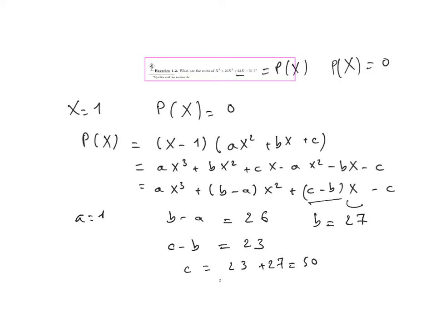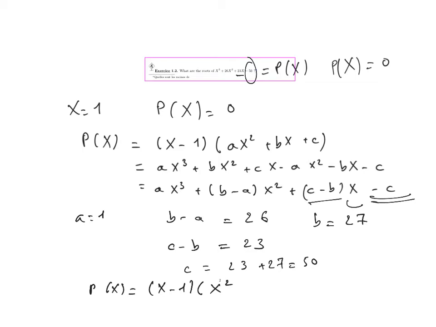And then here we can check that everything is correct because we have minus 50, which is equal to this minus 50 here. So in fact, we can rewrite that p of x is equal to x minus 1 times